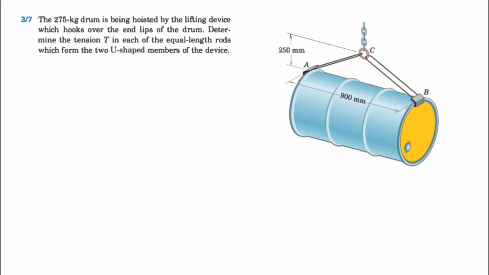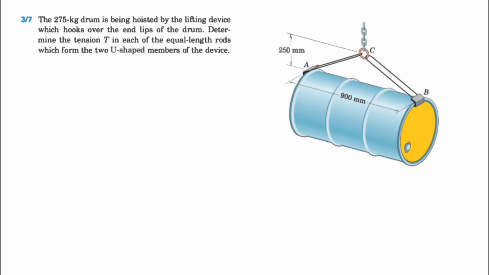Okay, welcome back guys. We're going to be solving another question from the third chapter of the Meriam textbook, question 7. And we have this 275 kilogram drum that is being hoisted by the lifting device which hooks over the end lips of the drum. We need to determine the tension T in each of the equal length rods which form the two U-shaped members